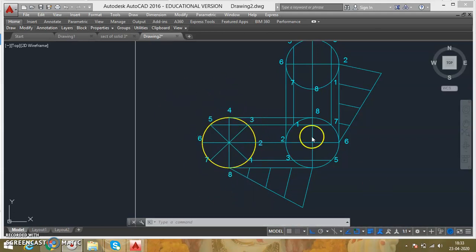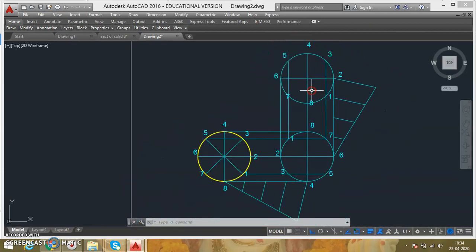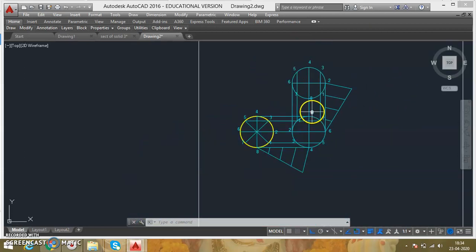So when it takes a half revolution, automatically this 8 will go up and this 4 will come down. Then 2 will go here, 6 will go there. So automatically all positions will interchange. Same will happen here. If it takes half revolution here, automatically, if this point 8 is here, this will go here. If this 4 is here, this will go here. This 6 will go here, this 2 will go here, and so on.